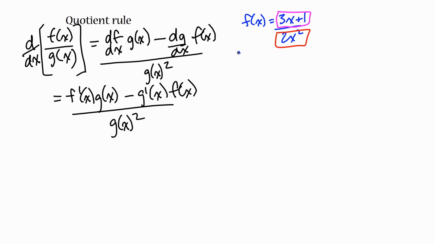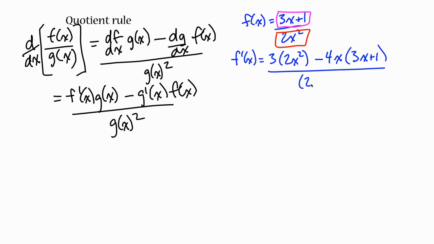So to get f prime at x, we take the derivative of f, which is just 3, times g of x, which is 2x squared, minus the derivative of g, which is going to be 4x, times the original f function, 3x plus 1, all over g of x squared, which, after some boring manipulations,